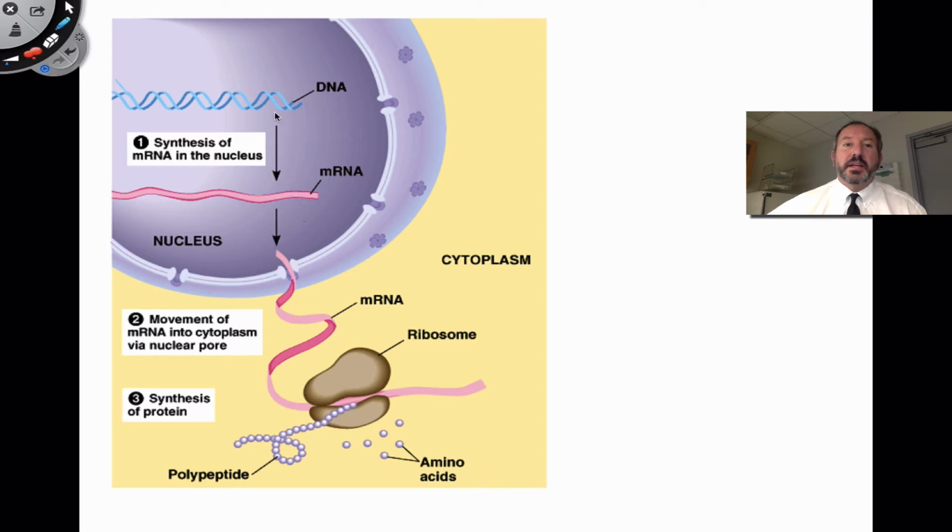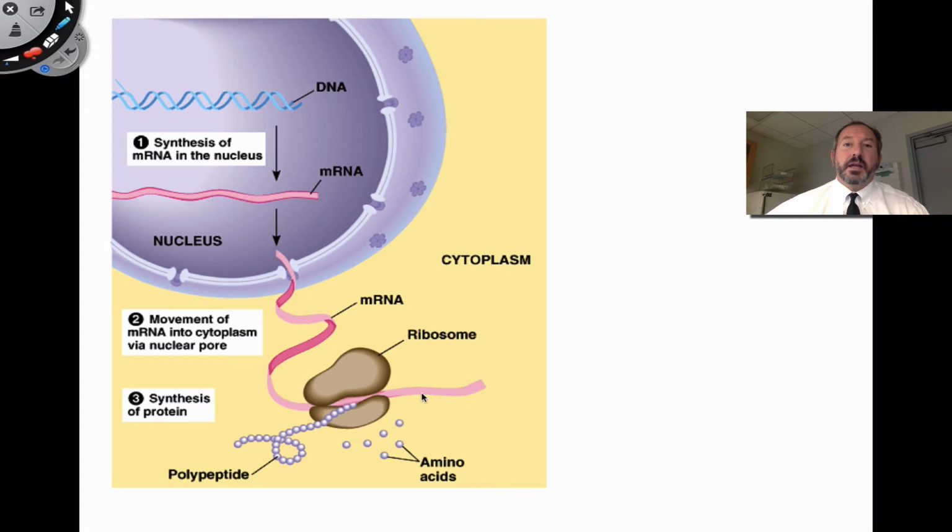But let's just say that the RNA is produced and the RNA leaves the nucleus. And so that's one of the characteristics of RNA, that it can actually travel out of the nucleus. And so where does it go? It's going to a ribosome. And what's interesting is the ribosome is made up of a small subunit and a large subunit. And so the RNAs interact at the ribosome. So the ribosome is sort of the thoroughfare of the coming together of the transfer RNA, not shown, the ribosomal RNA, and the messenger RNA.